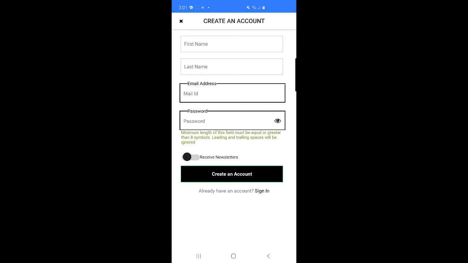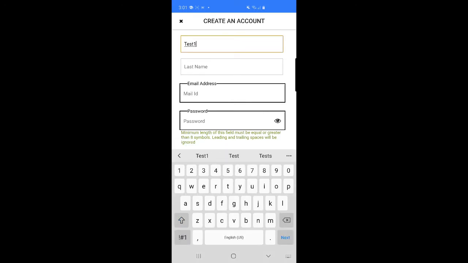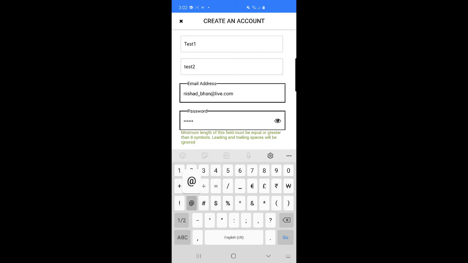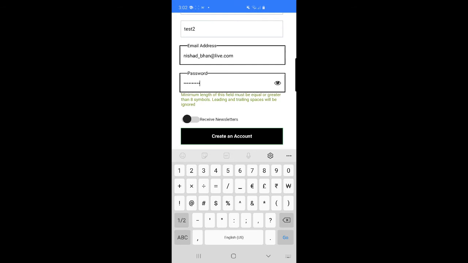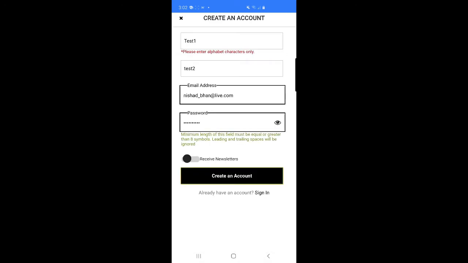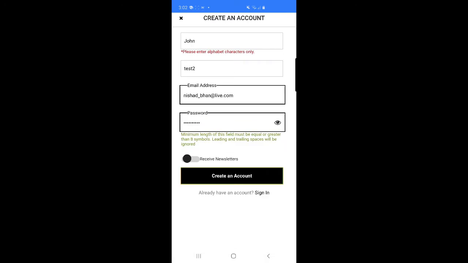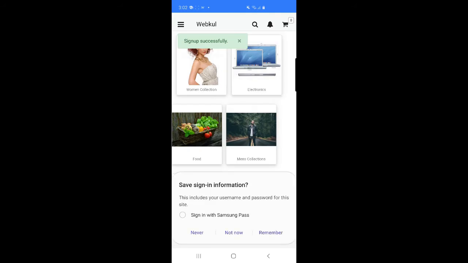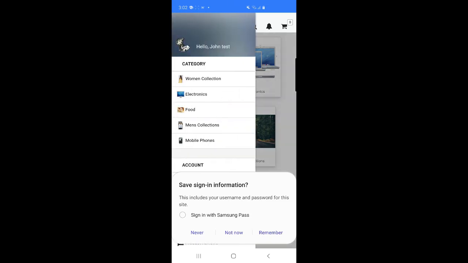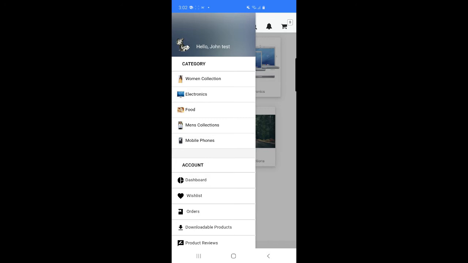So let me tap here on create a new account, and let me set it as test1, the last name as test2, my mail ID as, let me enter my mail ID, and let me set up my password, and let me tap here on the create an account button. All right, so I'll just set it as John, and now let's see. Okay, all right, the sign up is successful. You can see this particular notification here as well. Let me close it out, and if I tap on this side now, you'll see that hello John test,